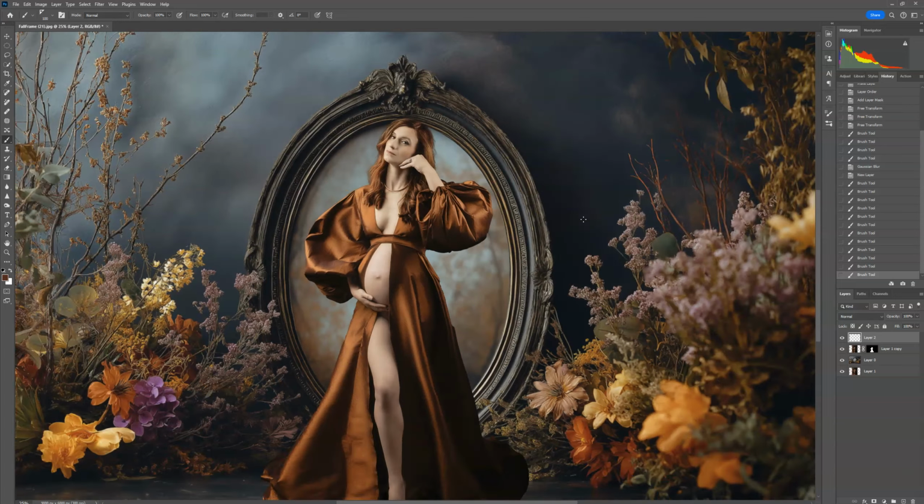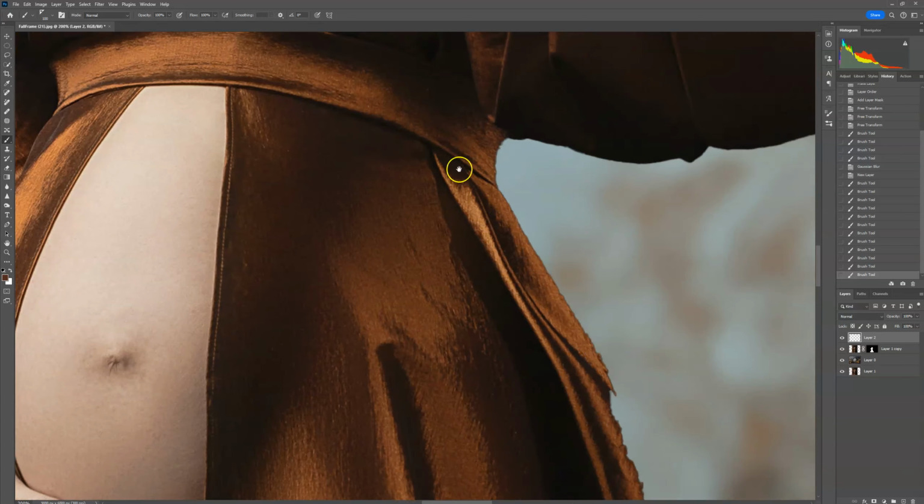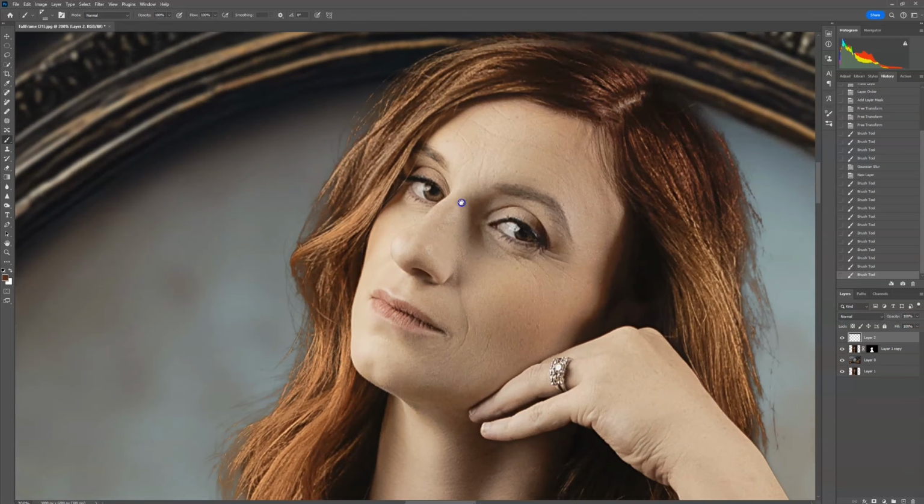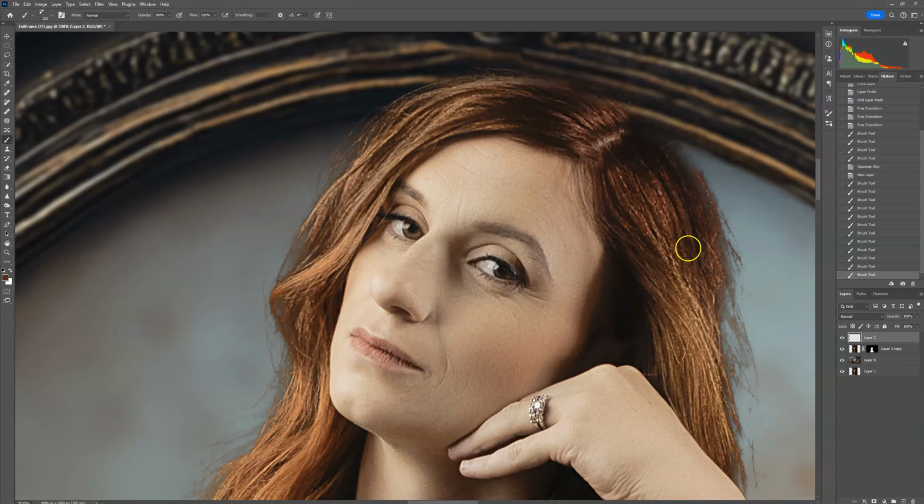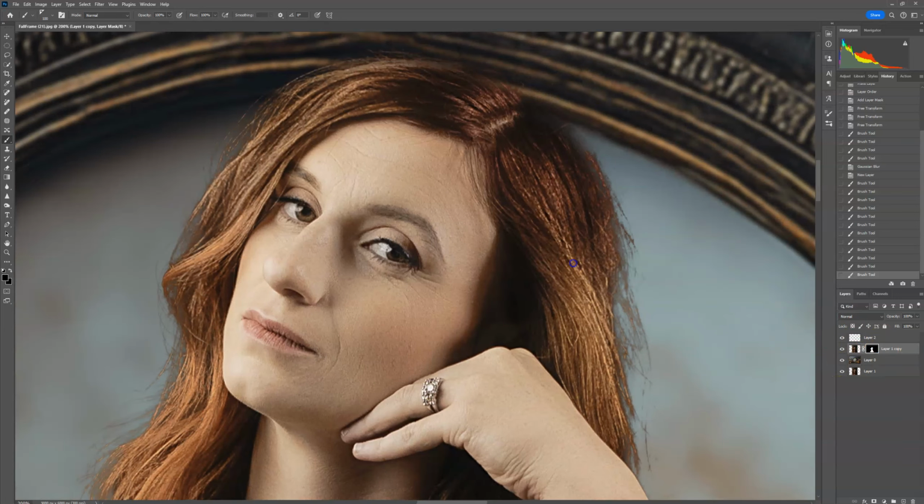I have done no other editing to this digital yet, so don't mind the background. I'm just doing it for an example. Okay, so if I go to my layer mask, the layer mask that you create while you're doing your digital backdrop to paint on or paint off your subject, I'm going to do that first to add in a little bit of the